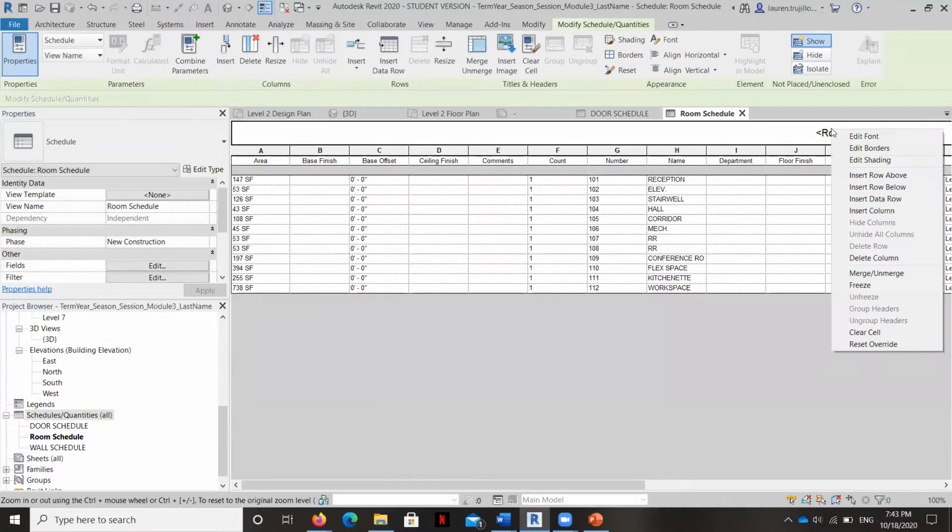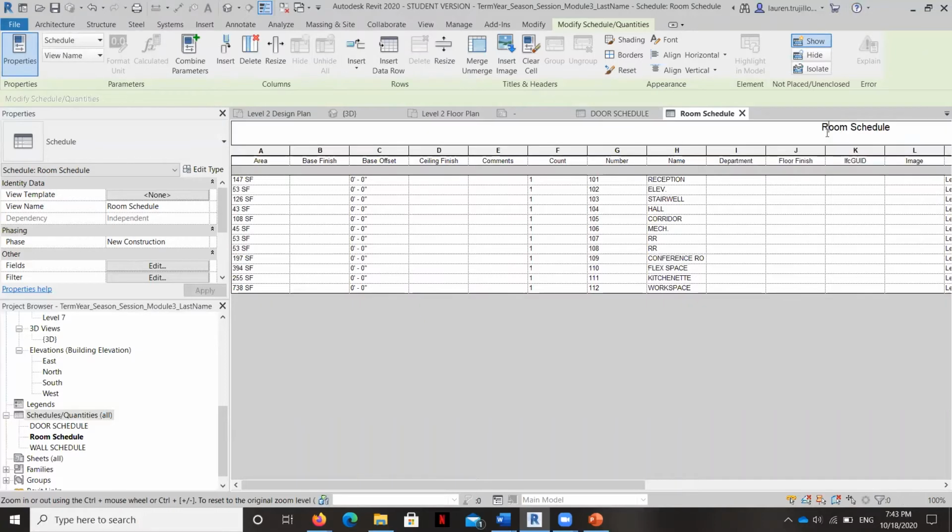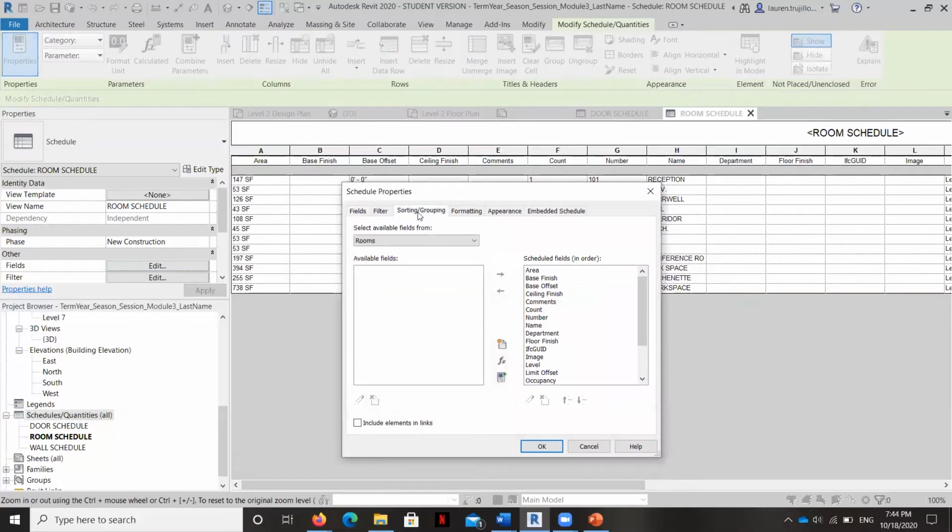So first thing I'm going to do is single click and do this in all caps. You can see I've done the same thing for my wall schedule. I changed that. And you can see here, it's actually not starting with the room number and name at the beginning. So I'm going to fix that really quickly.